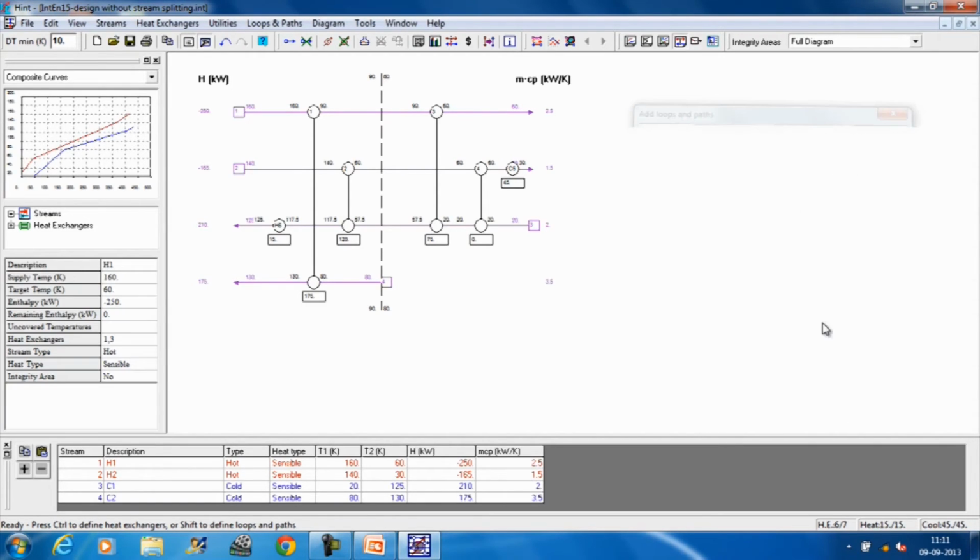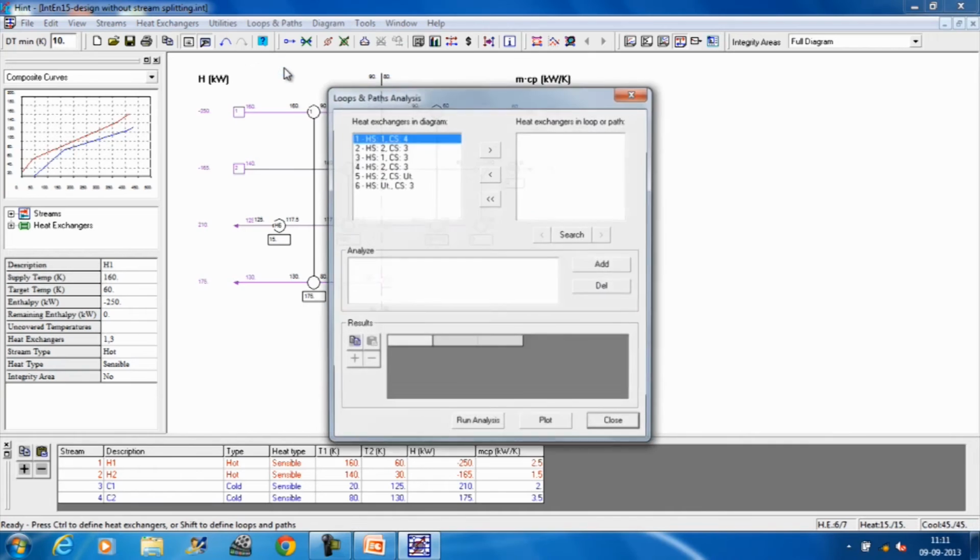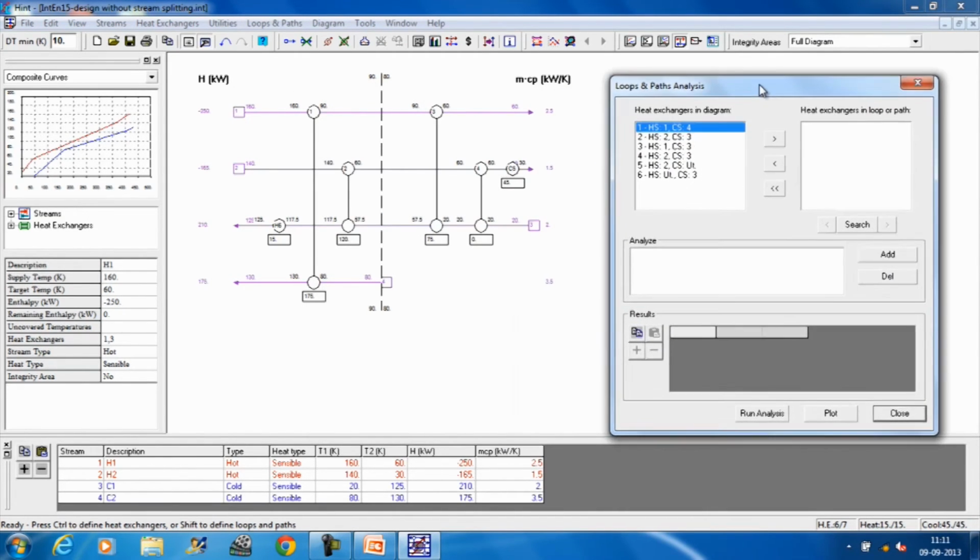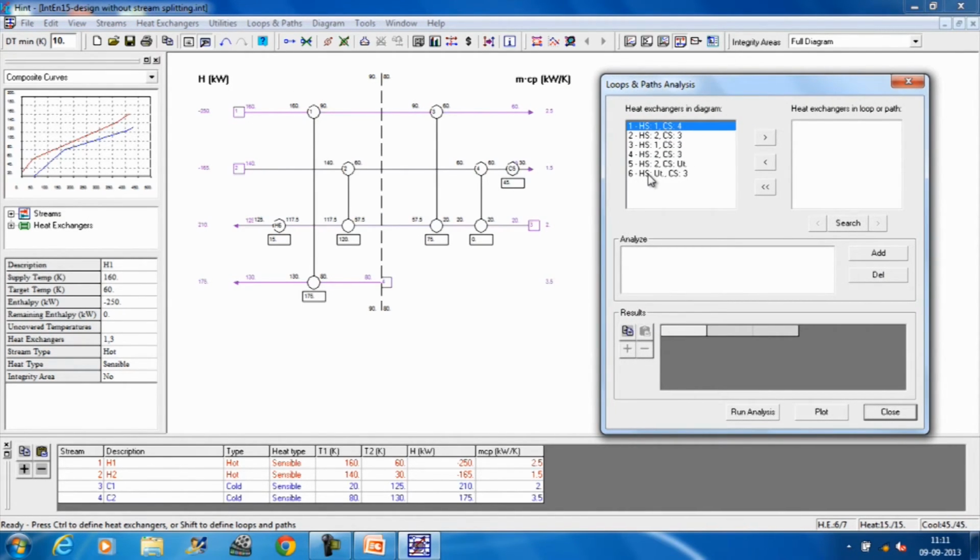You have to cancel this, we go for analysis. Here, it is moving from C6 to H6 and then to 2 and then to 5. Now, the important things which I have to analyze is this temperature, the hot exit temperature